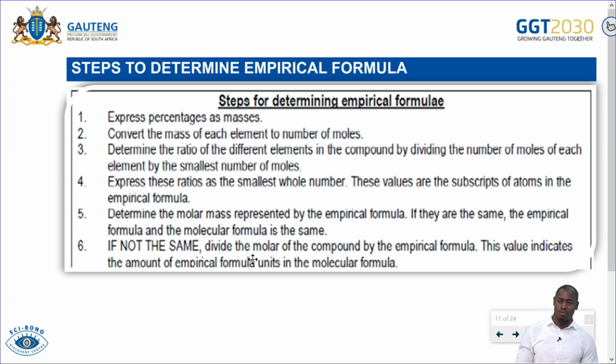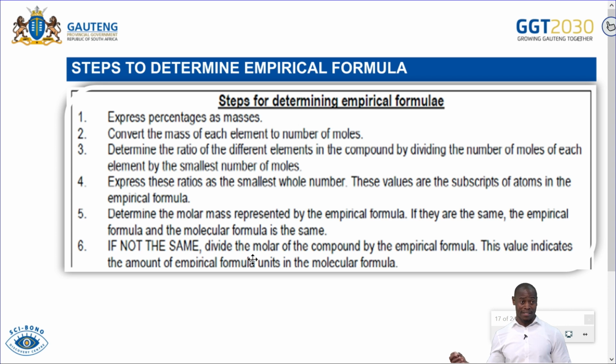First thing that we need to do, they will give you the percentage of each element in that compound. So you express the percentages as masses. That is the first thing that you need to do. Express those percentages as masses. From there, convert the mass to number of moles. You convert those masses. So first thing, you'll be given the percentages. So from percentages, you convert those percentages to